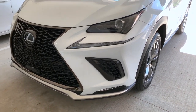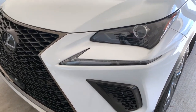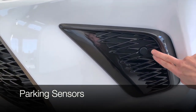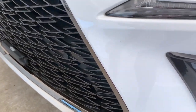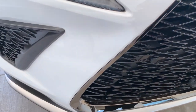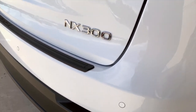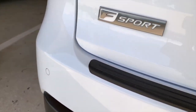the front grille looks quite a bit different. It has a unique design. That's that three-dimensional design. And they really integrate the parking sensors nicely into each corner and right into the grille. So you have all of the functionality of your parking sensors, but you don't lose any of the style. Rear parking sensors are color keyed so that they match and they integrate right into the rear